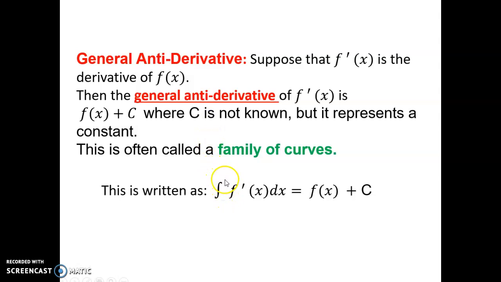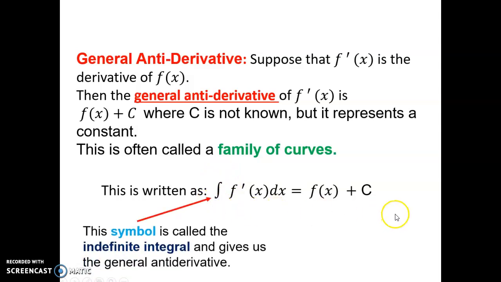We write this using this notation, by the way. This notation is called the indefinite integral. It tells us to find the general antiderivative of what follows. Whenever you see this elongated squiggle, we'll talk about why Newton used this symbol when we get into rectangular approximation methods. It's called the indefinite integral symbol, and it's telling us to find the general antiderivative of the function that